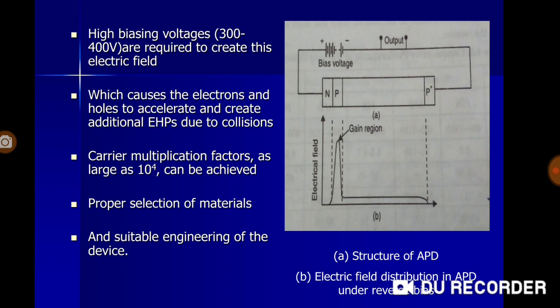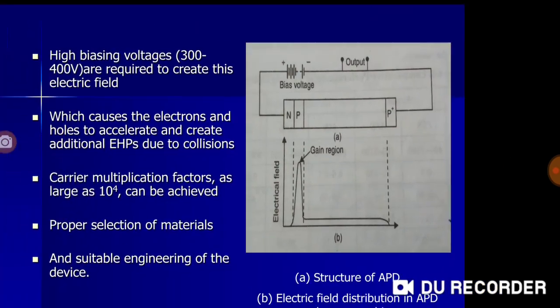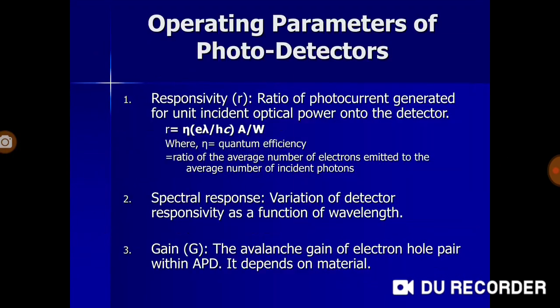So this is all about the 3 kinds of photodetectors we were talking about: the PN junction, the basic one, although communication deals mostly with PIN and APD. So we'll go on to the operating parameters of photodetectors in general. After the 3 types of photodetectors that we studied, the operating parameters of photodetectors are as follows.